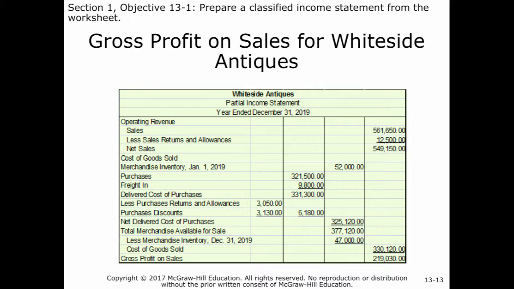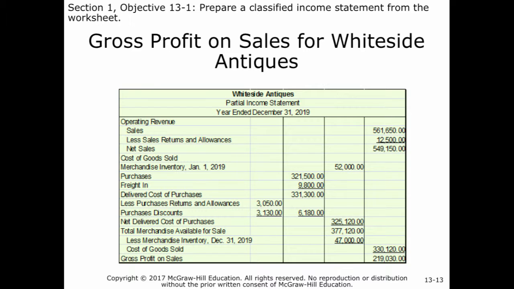So we have a total merchandise available for sale for $377,120. And lastly, we subtract the ending merchandise inventory for the period, which will give us a cost of goods sold. So therefore, our gross profit on sales will be determined by taking the net sales of $549,150 and then subtracting the cost of goods sold, which in this case is $330,120. So our gross profit on sales is